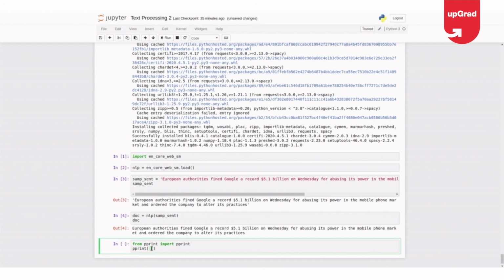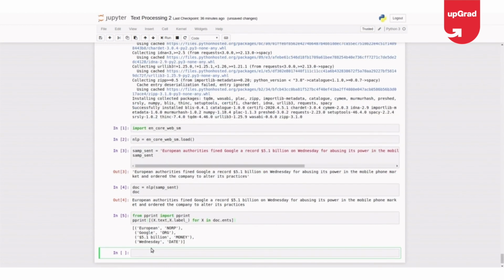So let me take it as x.text, comma x.label_ for x in doc.ents, entities. Okay. Yeah. So my doc has four labels.